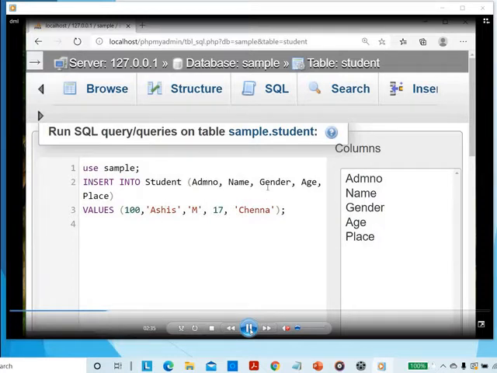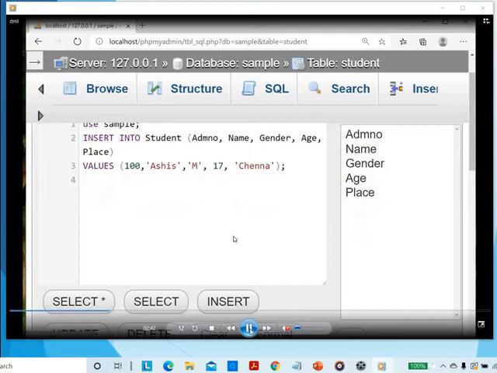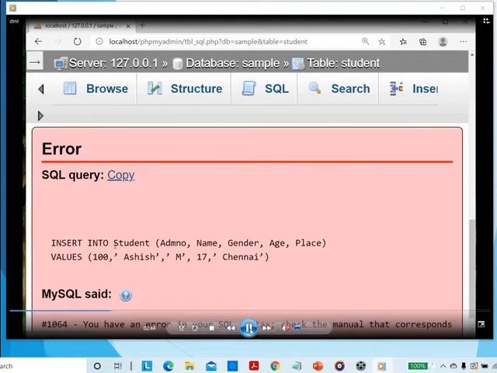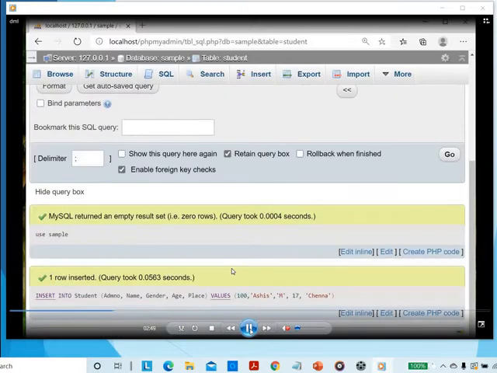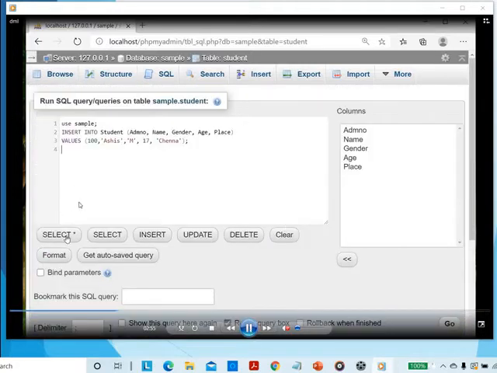After giving the values, press the Go button below. It will insert the values into the table. One row inserted.